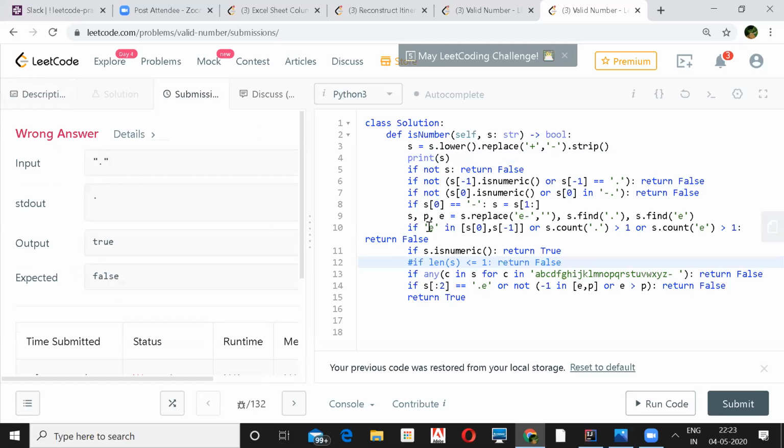See, there is a single dot? Yeah. In S, you are replacing E minus with the space. You don't have a dot, so you won't have an empty space for this, right? Because the first time you hit this condition, you don't have exponential and minus, so it won't be replaced by an empty space. And they are checking if your character length is less than 1.